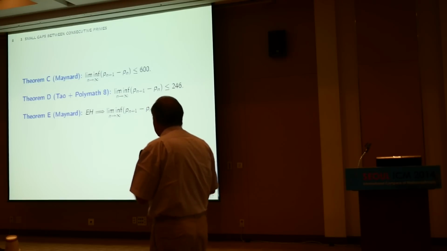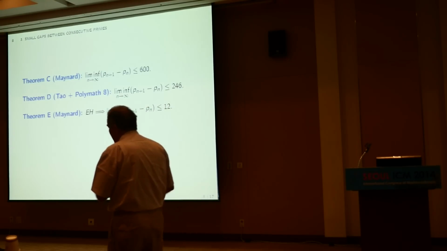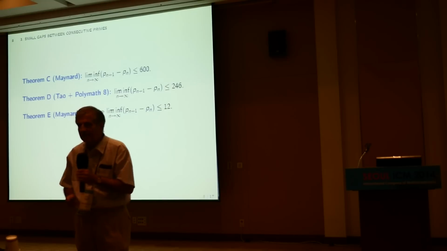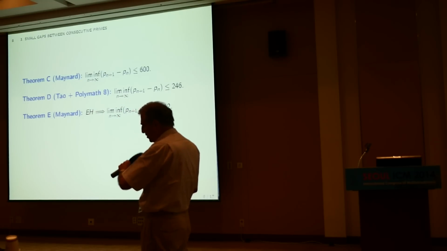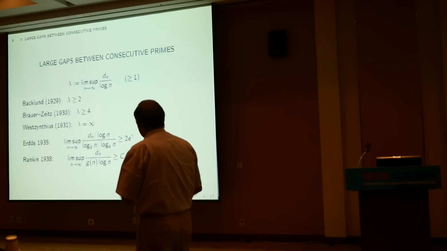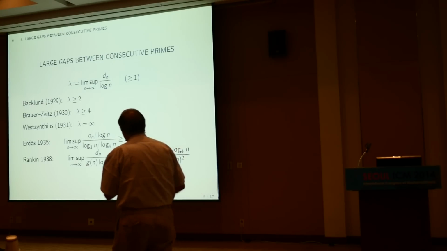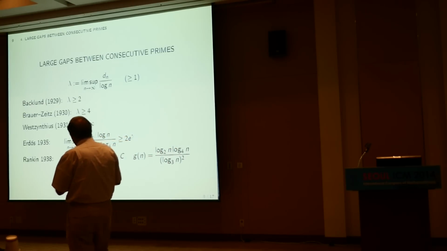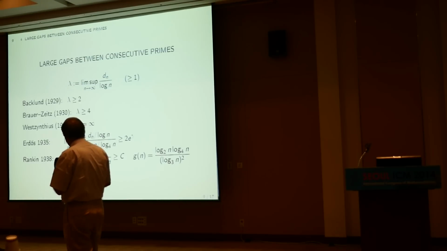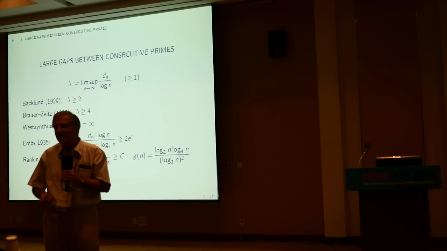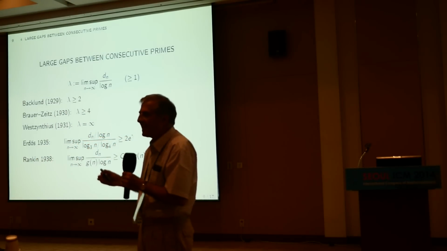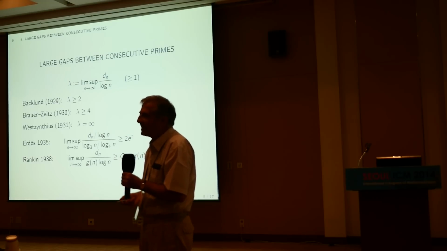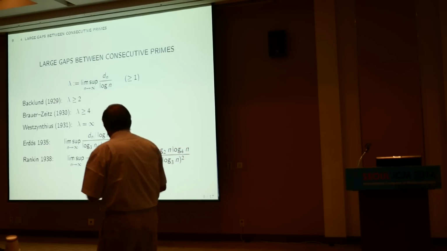And then finally here is a conditional result. If primes are very regularly distributed in arithmetic progression, then we get even 12 as a difference infinitely often. Now we go to other problems about large gaps between consecutive primes. And here, if you take a look at this picture, for these few results, then you can see just from the dates that all this progress was done in 10 years, and basically the end result was this